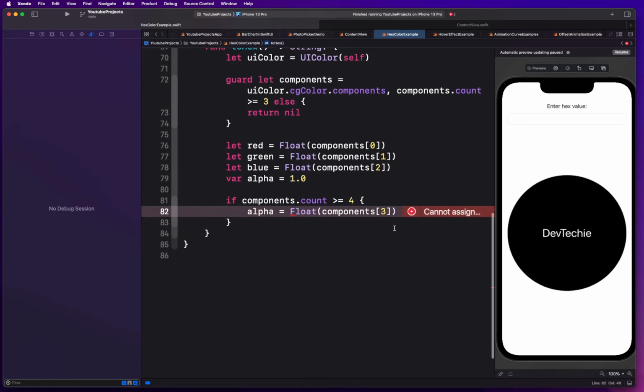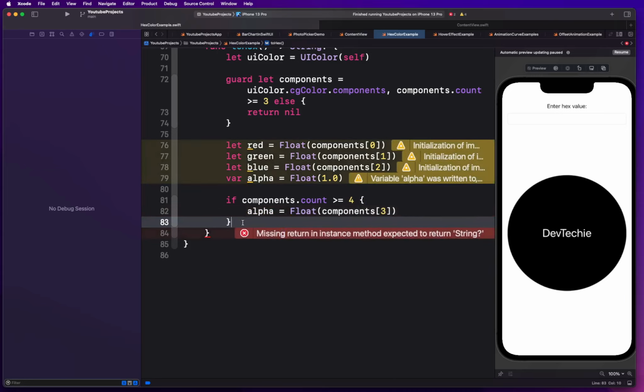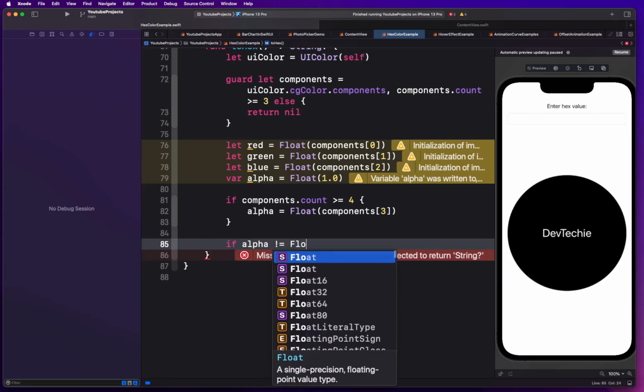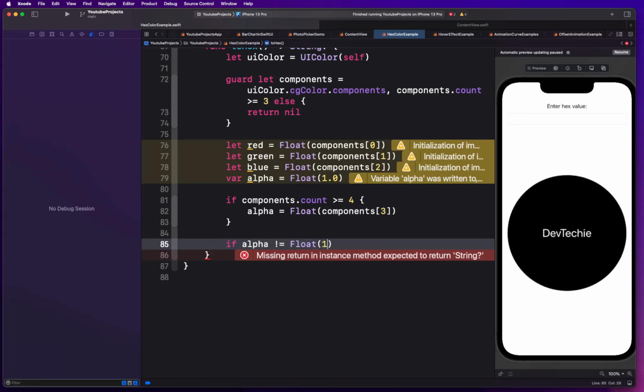Okay, and let's make sure this is actually Float. Now all we need to do is return some value. So we're going to say if alpha is not equal to Float of 1.0,